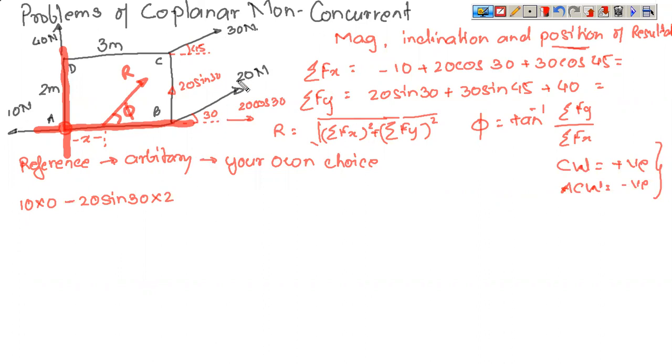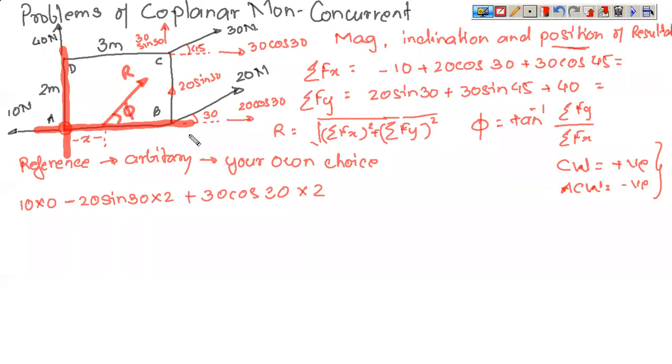Now come to the 30 Newton force. Now 30 Newton again has two components, 30 cos 30 and 30 sin 30. Now coming to cos 30. Now cos 30 is parallel to line AB. If it is parallel to line AB, there is definitely a distance involved. So the distance is 2 meters. So this is 30 cos 30 multiplied by 2. Now how will this move so that by covering the shortest distance it approaches AB, because the distance was calculated with respect to line AB? So it will be in the clockwise direction.